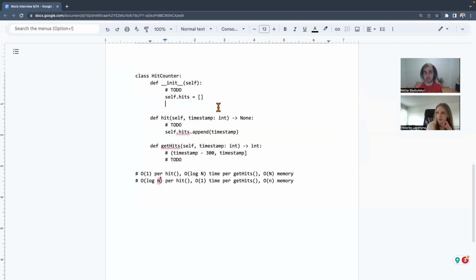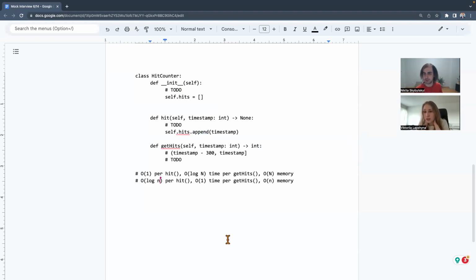So let's think about this for a second. We are storing hits in a list, right? Now, lists are not good when it comes to removing from the front. Is there any other structure that is good at appending to the back and removing from the front?